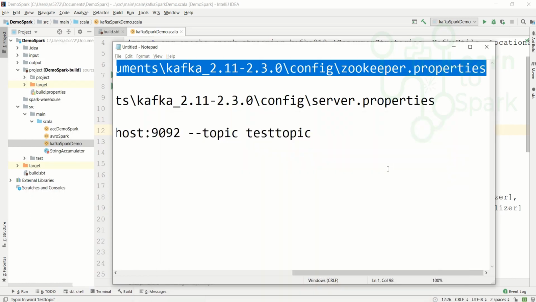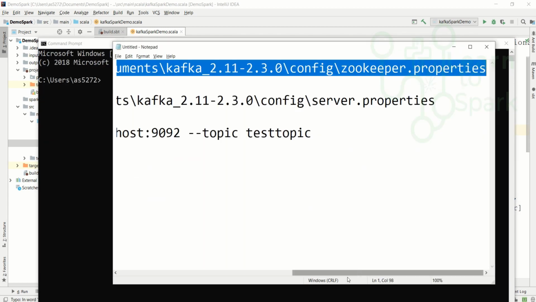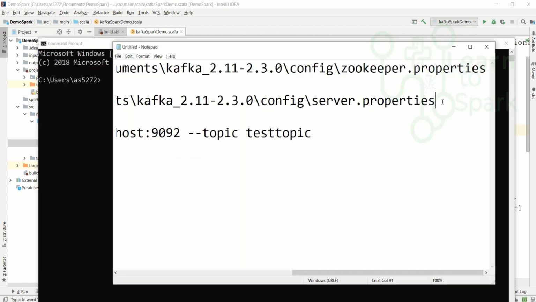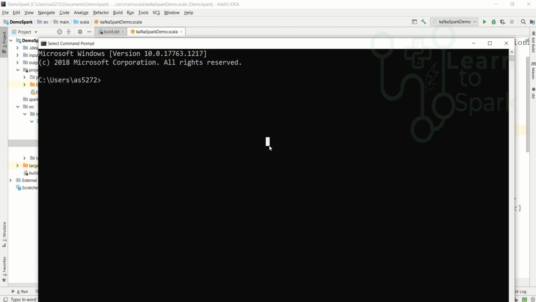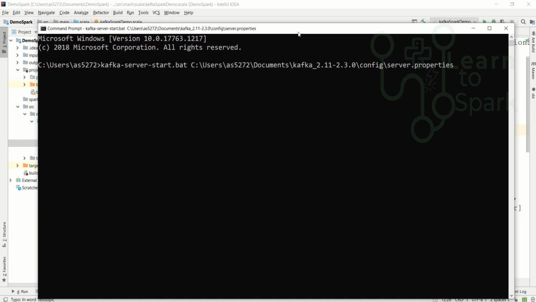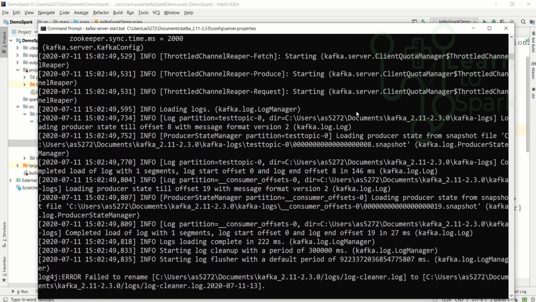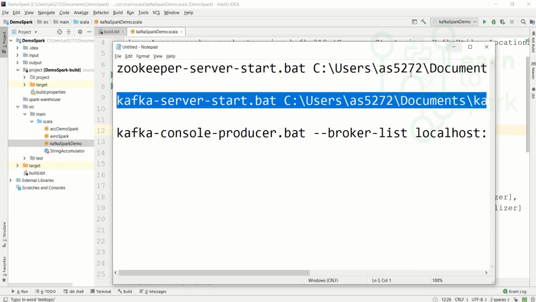Let me open another command window, and here I will initiate Kafka server. So our Kafka server also got started and it is running.